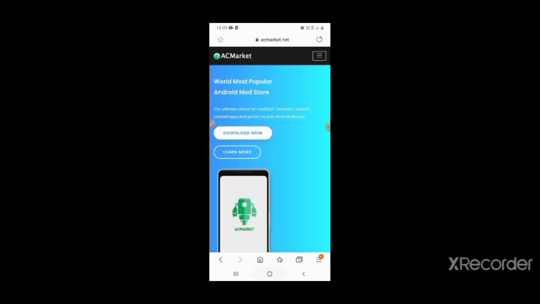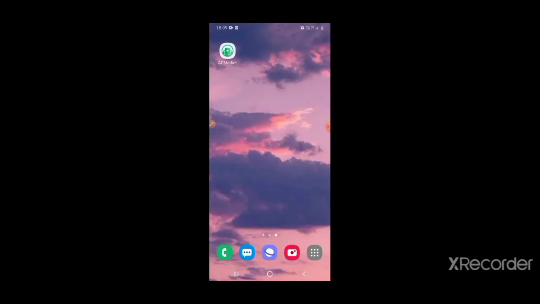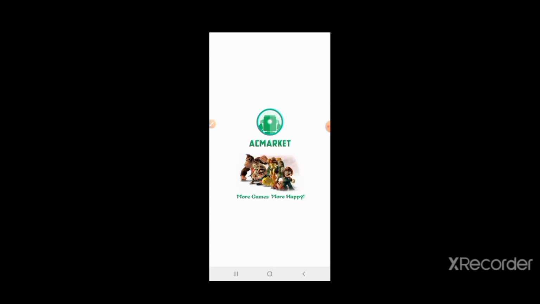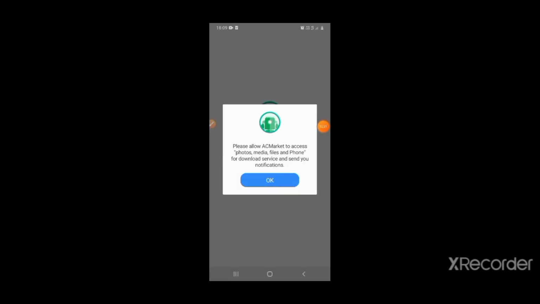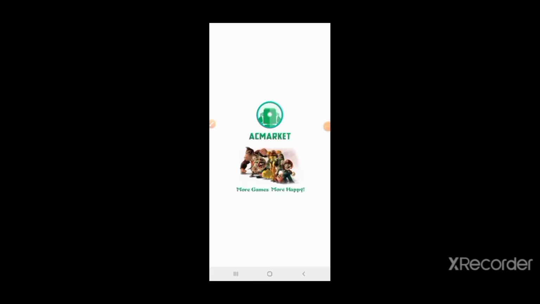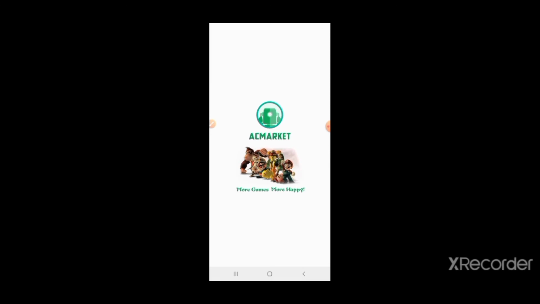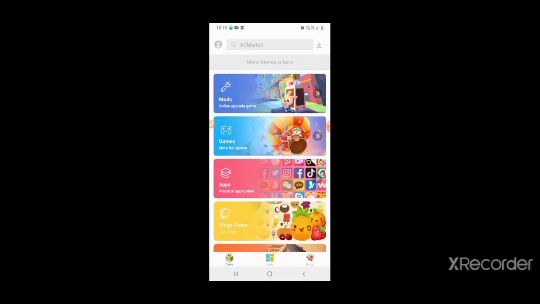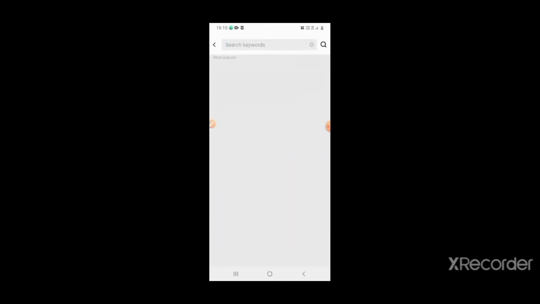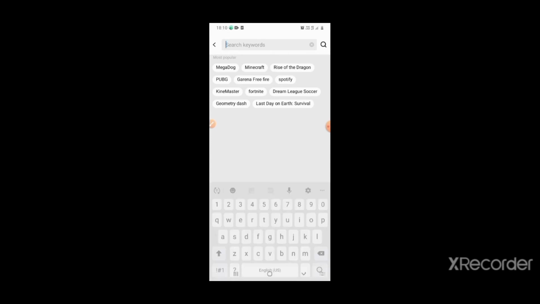So go to the home screen and you can see the AC Market here. Click on this. Now friends, it will ask for this permission. Click on OK and allow. Don't worry, nothing will happen, but one thing you should remember is that your phone should have the latest Android feature. Now you have to click on search and then search for